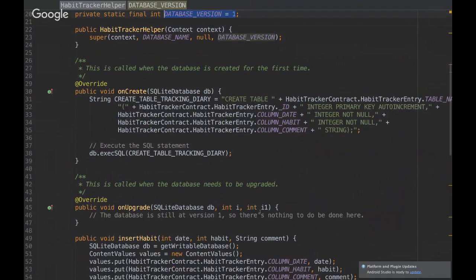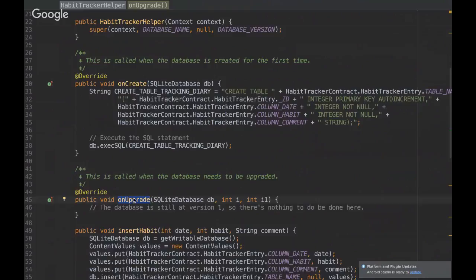Then we have onUpgrade. onUpgrade is called every time the version of your database changes. There are different ways you can approach upgrading a database. The very simplistic one is dropping the table and recreating it. However, in live scenarios, this is